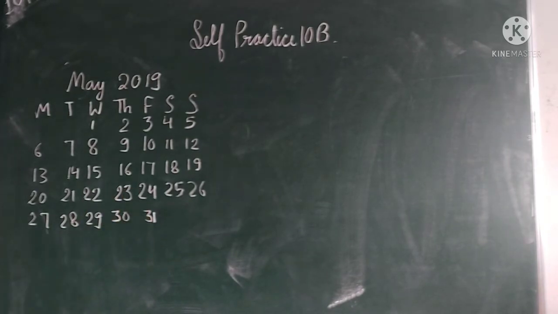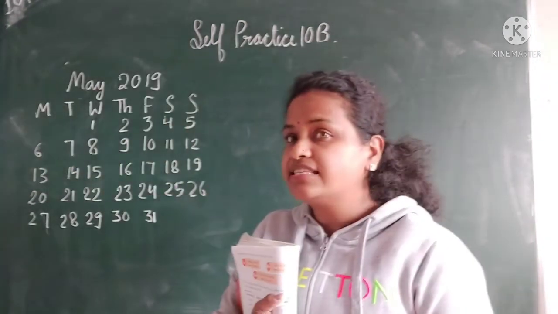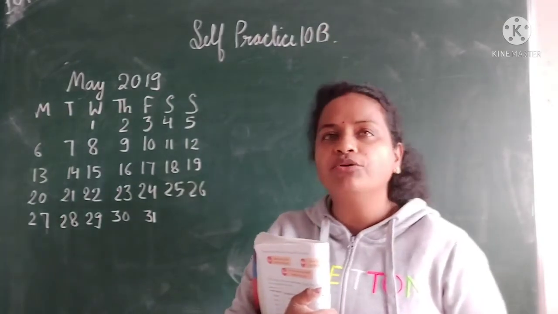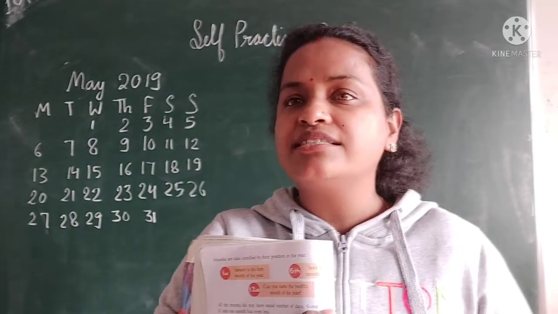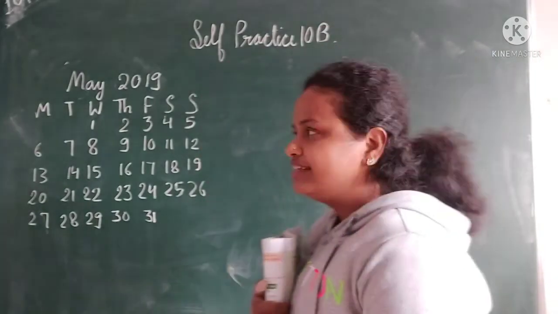Okay. Now one more thing I will tell you. If you see now, Monday is falling on which days? 6, 13, 20, 27. If you add 7 to a number like 6 plus 7, 13. So again it will be Monday. Okay. Good trick now. Suppose today is 10. And if I ask next Monday will be what? Easy. Add 7 to it. What you got? 17. Next Monday will be 17. Okay. Can you see it here now?